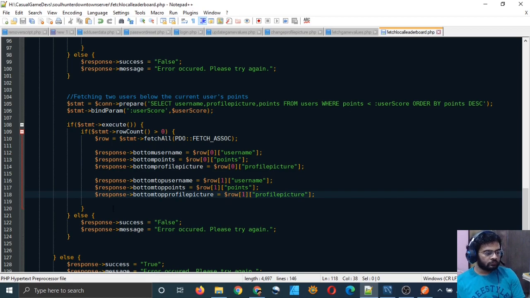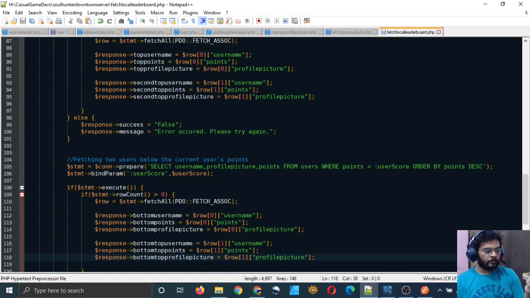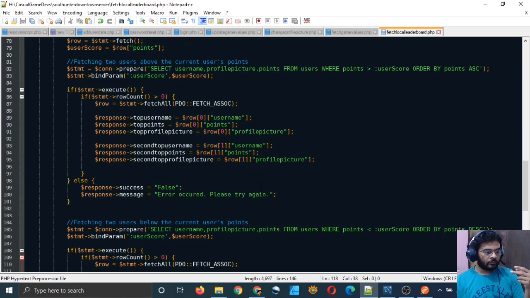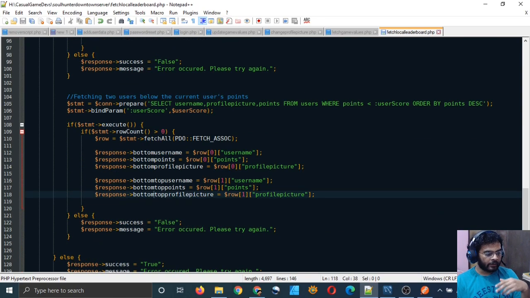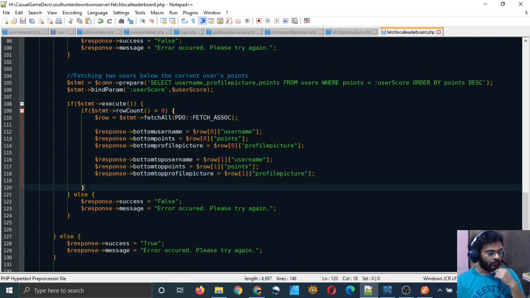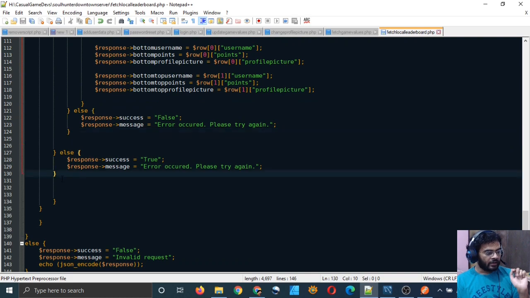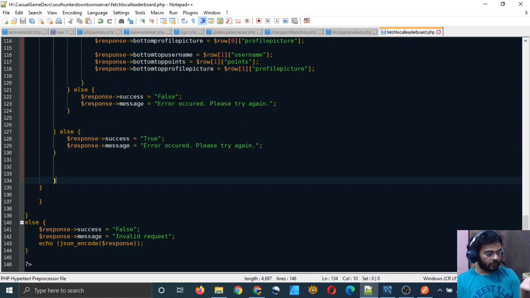That's good. Now we have fetched two users above our current user and two users below our current user, and successfully put that in our response variable. And in the end we can simply echo our response variable.